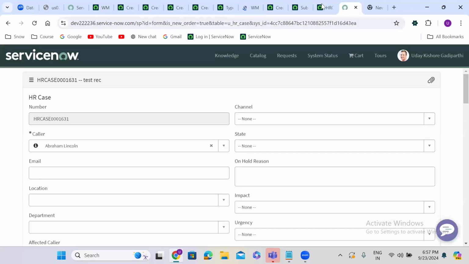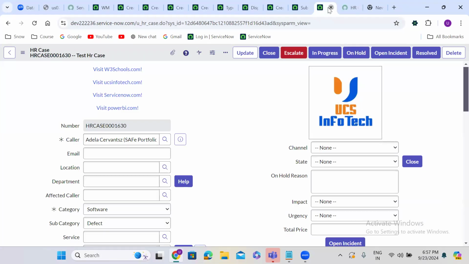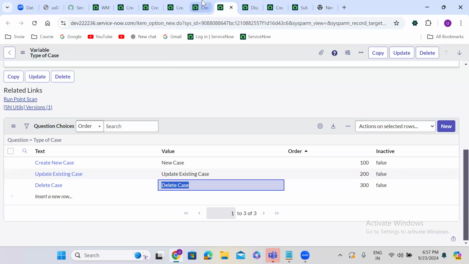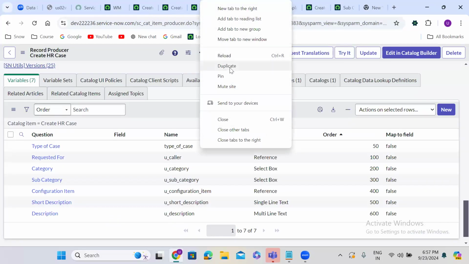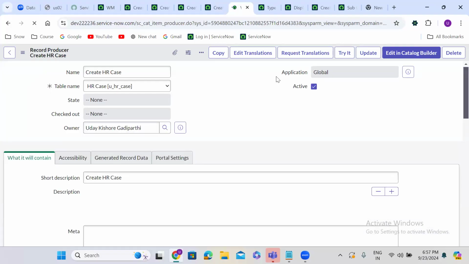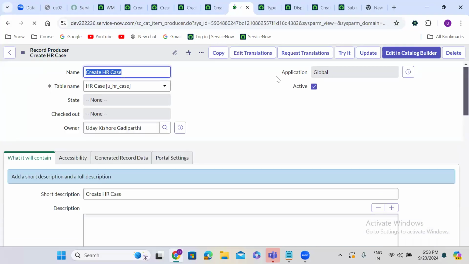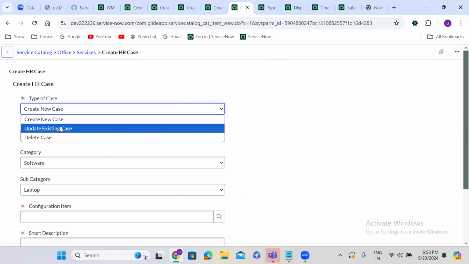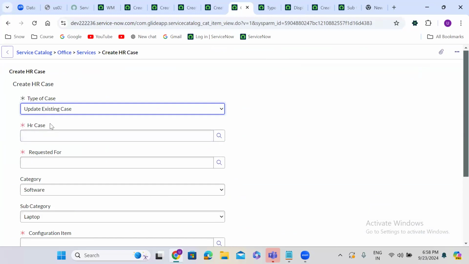Now you go to the record producer form. So when I select here update existing HR case, now you can see HR case is appearing and getting mandatory. When I select delete HR case,